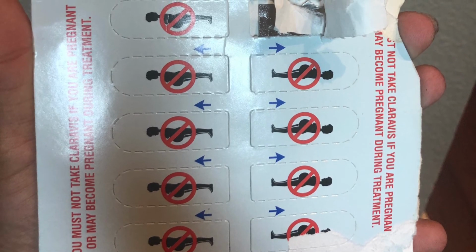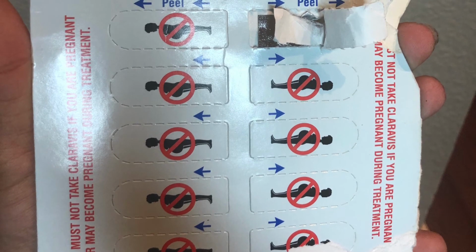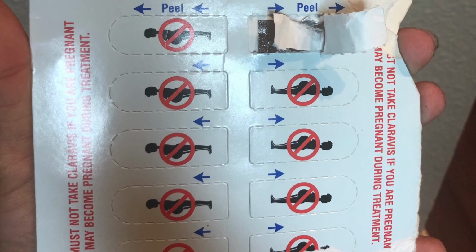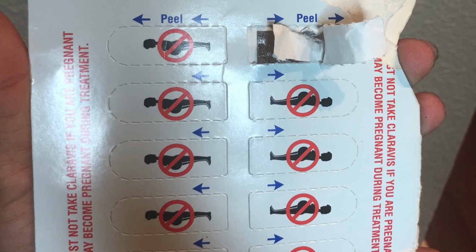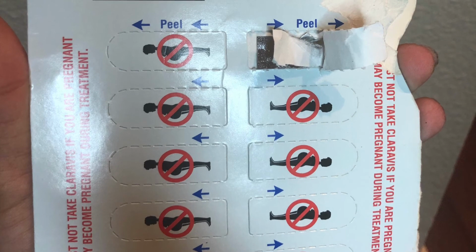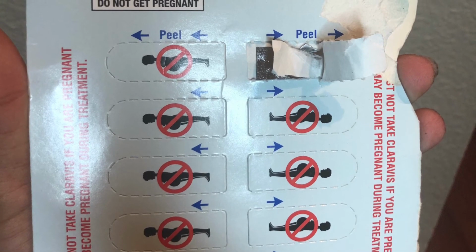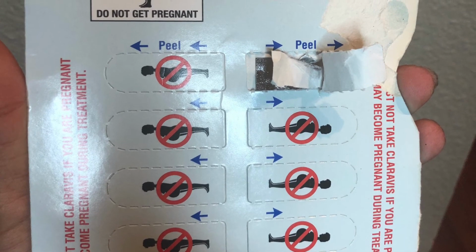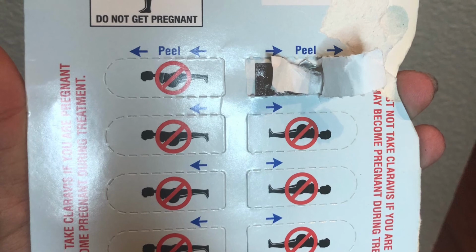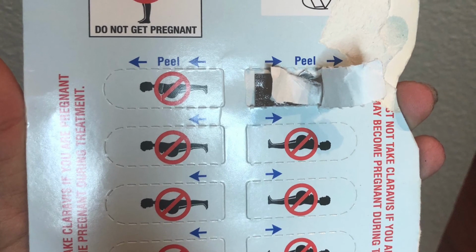So how we dose the Accutane is weight-based. The whole goal is to get a certain amount of medication in a certain period based on your weight. That can range, depending on what literature you read, anywhere from 0.5 milligrams per kilogram all the way up to 2 milligrams per kilogram. But basically, we base it on your clinical symptoms, if you're dry again, and then the cumulative dose that's accepted in standard literature. We start you on a lower dose just to get you eased into it,